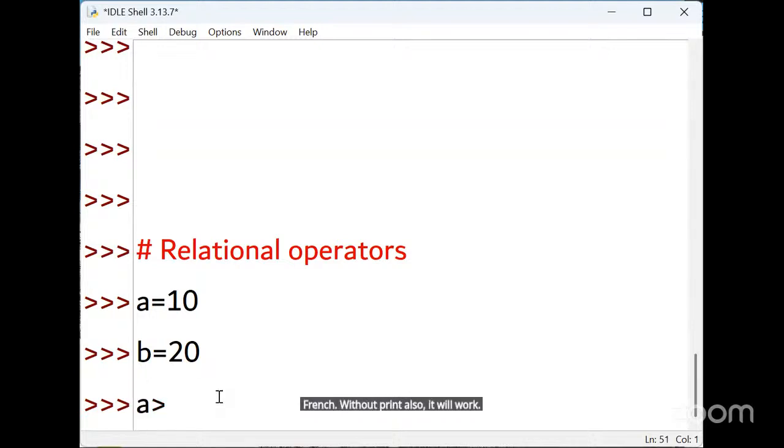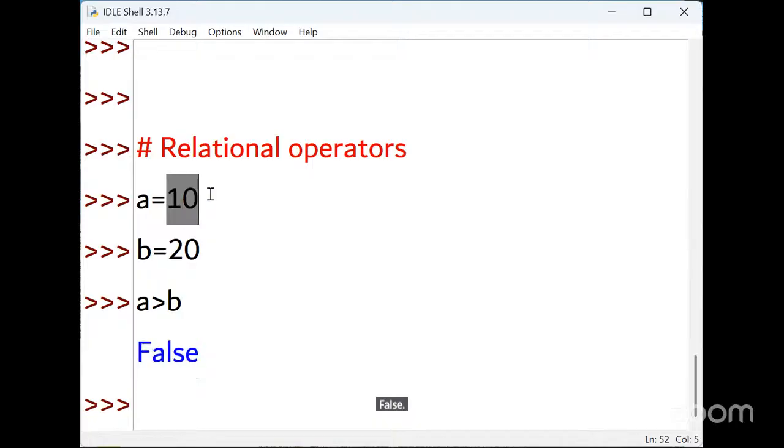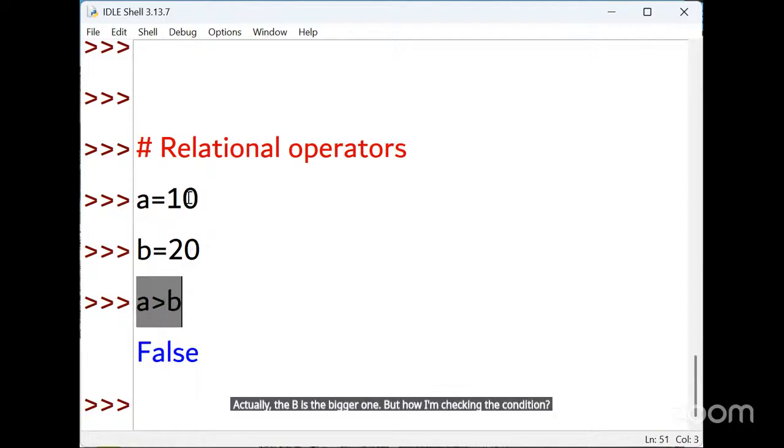Can you see what result we are getting? False. A value is 10, B value is 20. I am saying A is bigger than B, but actually B is the bigger one. According to this condition, it is false because our input A value 10 is not bigger than 20. So it is giving the message false.